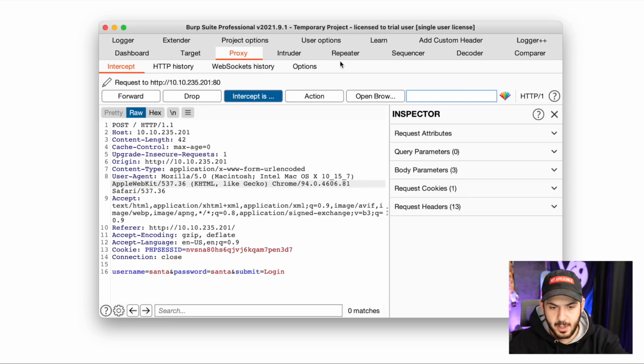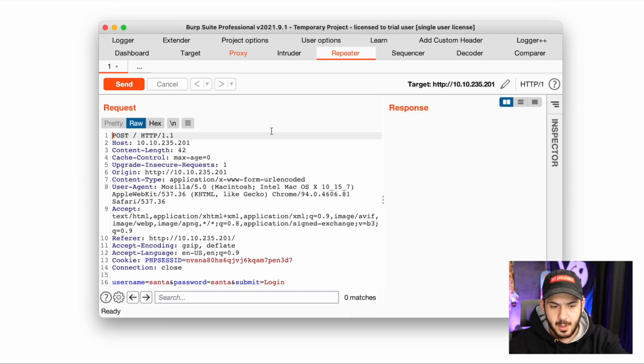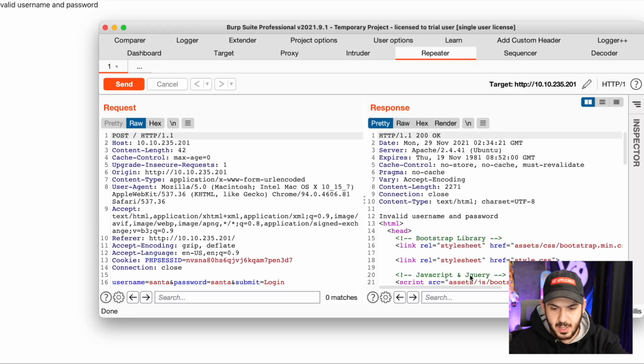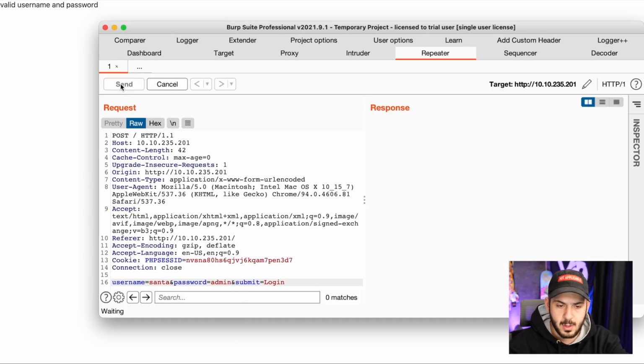Or Command R, sorry, and then we're going to send this to the Repeater, and now we can fuzz this thing as many times as we want. Just to make it a little bit better, let me make this window a little bit bigger. So now if we send this request, it's going to come back and say invalid username and password. We can manually do this one by one by putting password, admin. As you can see, this is going to take forever if we do it one by one,